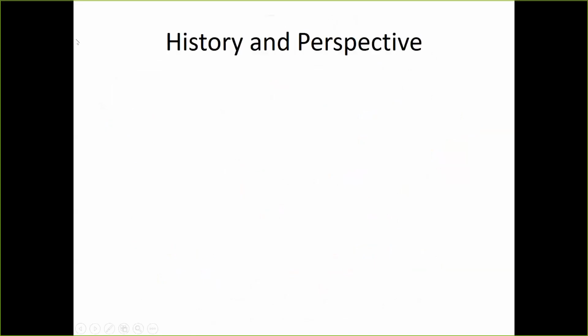Okay, so I'm going to start by talking about some of the history of organic chemistry and why we have all these crazy naming systems anyway, just so people have some kind of perspective about the organic chemistry nomenclature systems, because there's actually two parallel systems that you're probably familiar with.